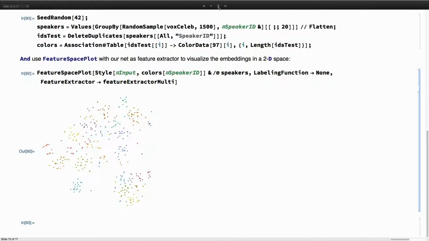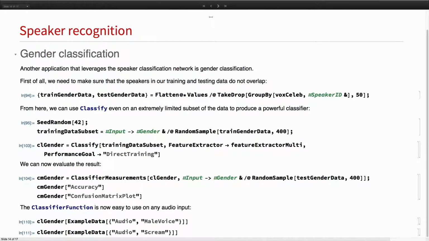So the last application I want to show you is gender classification. As I mentioned before, in the VoxCeleb dataset, we do have information about the gender of the speaker.